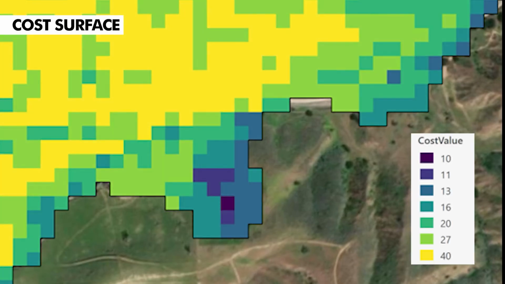To calculate the cost surface, the class values for brand load, slope, and tree cover are added together for each grid cell. This value ranges from 2 to 9. Higher numbers reflect a greater potential for fire ignition or spread. We then take the inverse of that sum and scale the value so that the cost surface ranges from 10 to 40. Higher cost implies lower potential for fire spread.